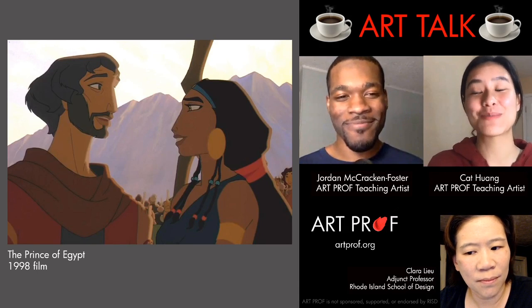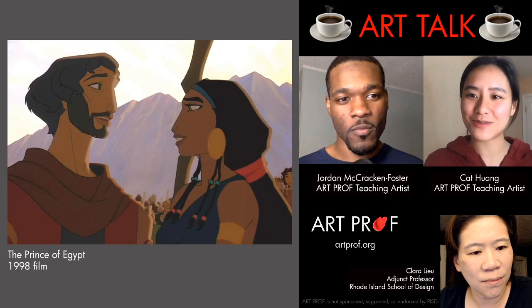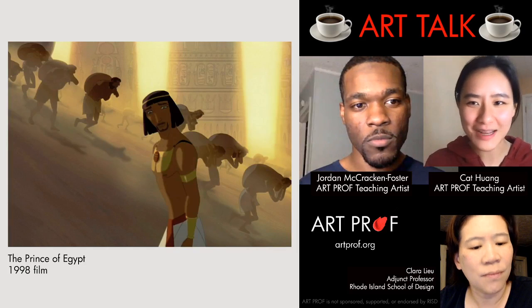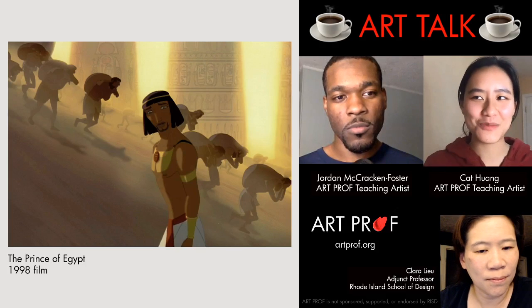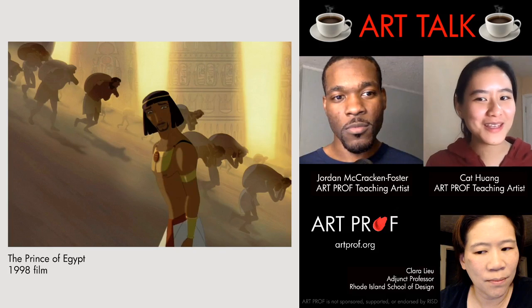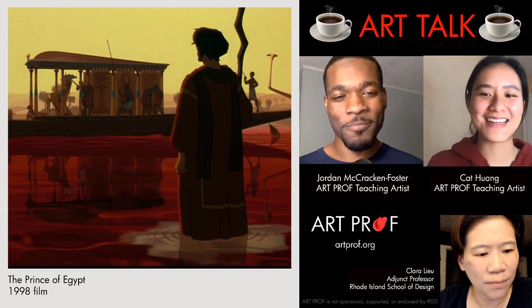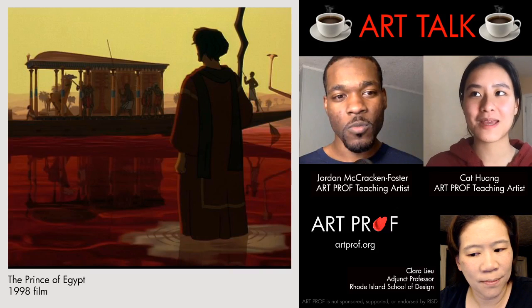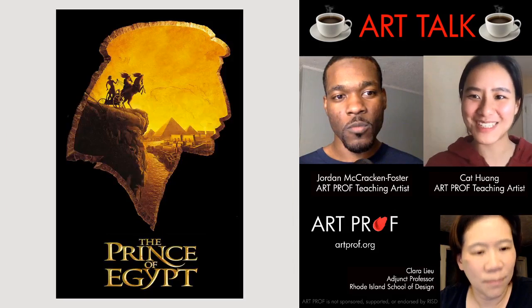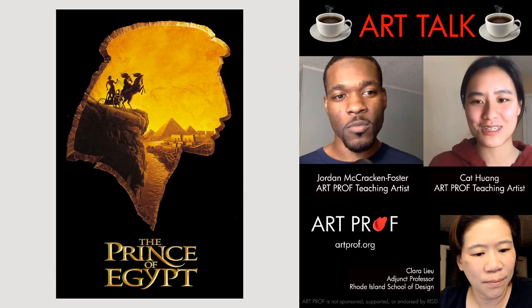Because first of all, it's beautiful. Second of all, it really shows different kinds of people during that time and accurately as well, because not a lot of people depict Moses as this bearded guy who's European or white. But Moses came from the continent of Africa. I don't think he's going to be that pale. And I think this film really portrays different shades of brown of people. And I thought that was so cool when I first saw it.